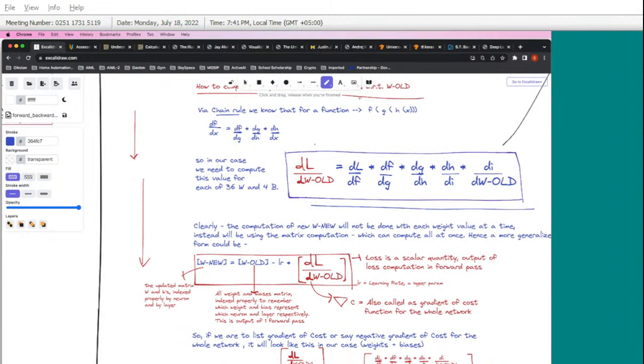So let's understand how we even compute this dL by dW old. It's very critical for us to understand this part, right? Now one thing is very sure, right? The computation of, so we know that